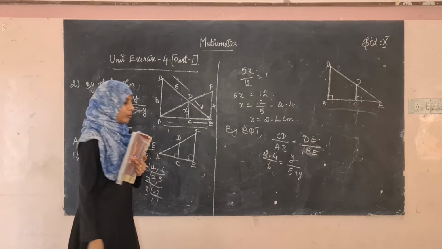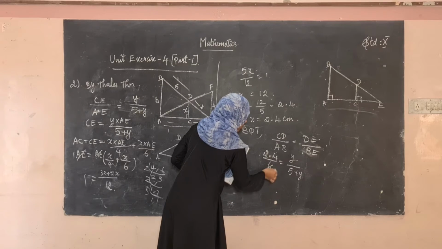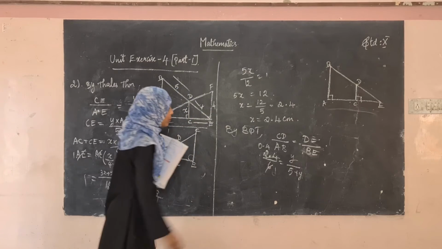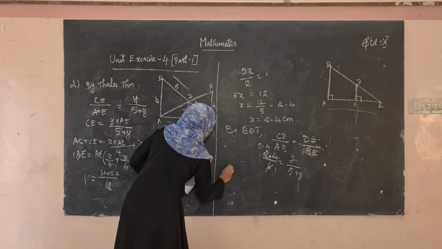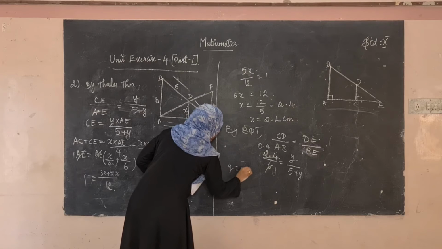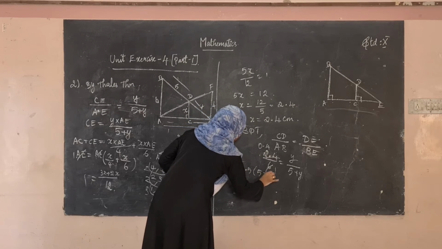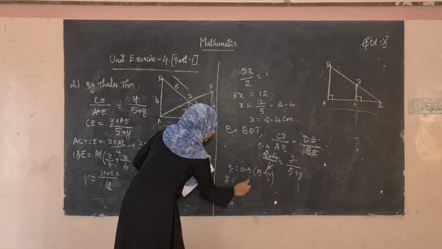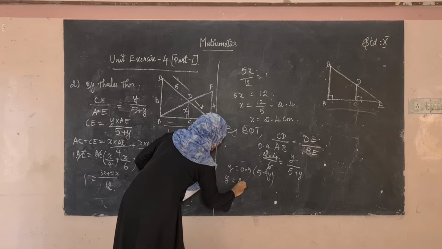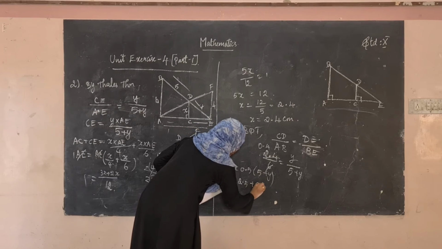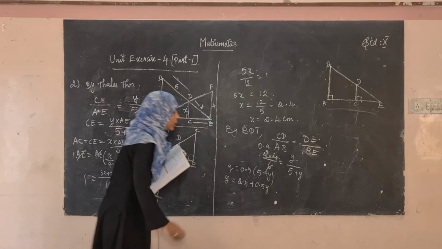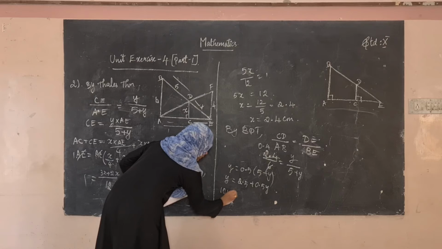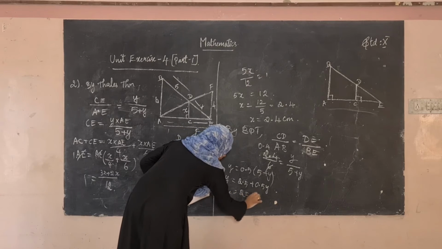Yes, 2.4. This is 1, this is 0.4. Now on cross multiplying, y is equal to 0.4 into 5 plus y. Now solve this. What happens? y is equal to 5 into 0.5, that is 2.5, plus 0.5 into y. Okay, so on multiplying by 10 on all the sides, 10y is equal to 25 plus 5y.